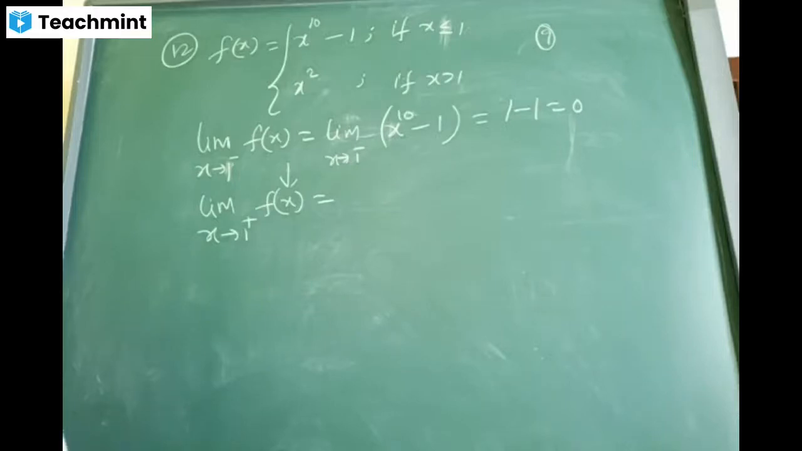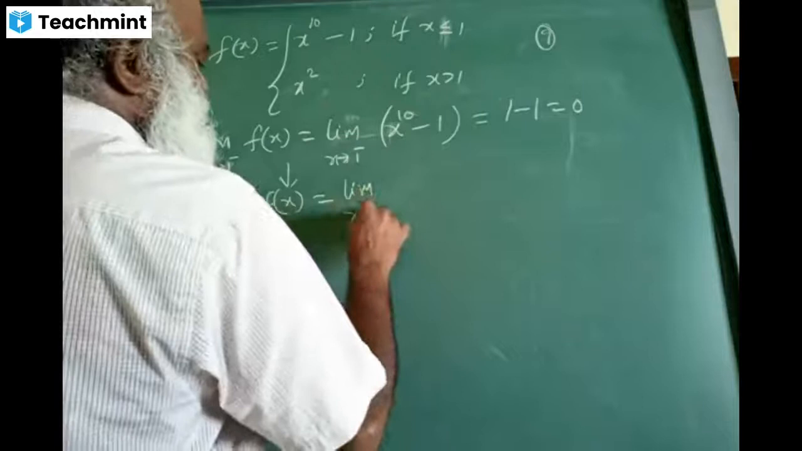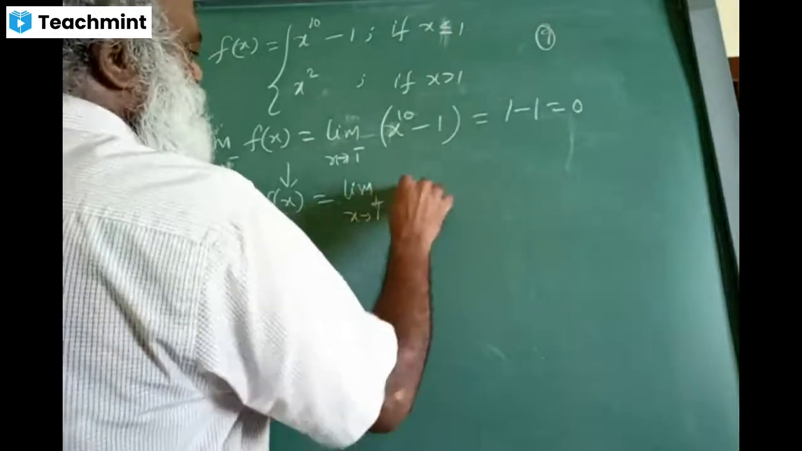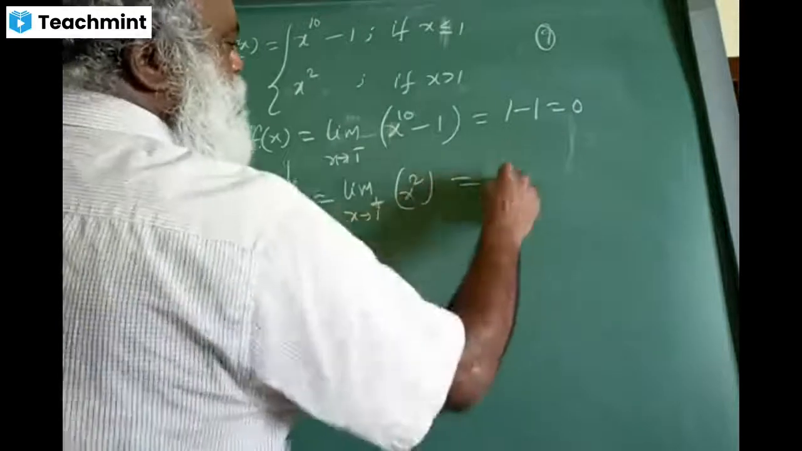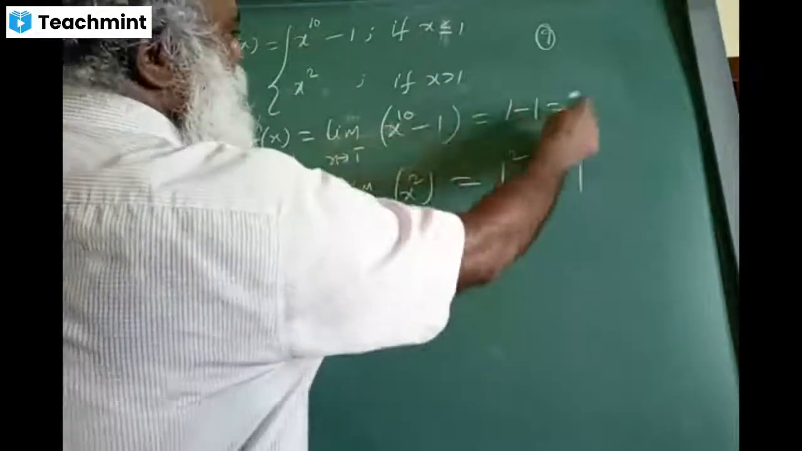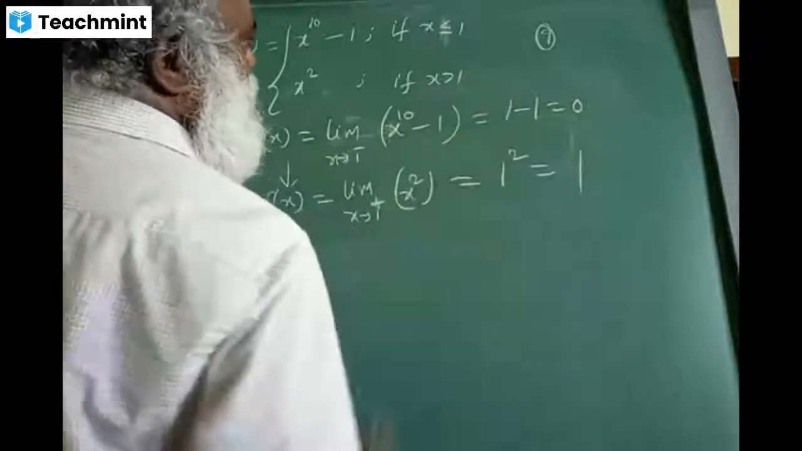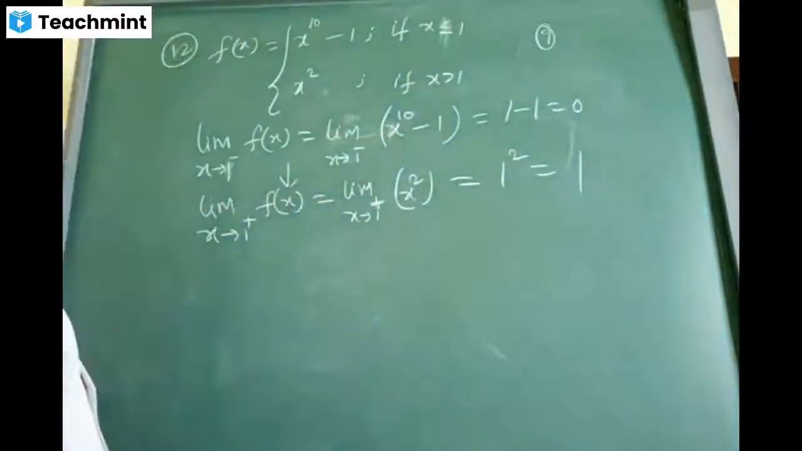X square, sir. X square. Brilliant. Limit x tends to 1 plus x square. Now put x equal to 1 in the function. It becomes 1 square, that is 1 minus 1, which is 0. This is 1 mark. So you can conclusively tell that at x equal to 1,